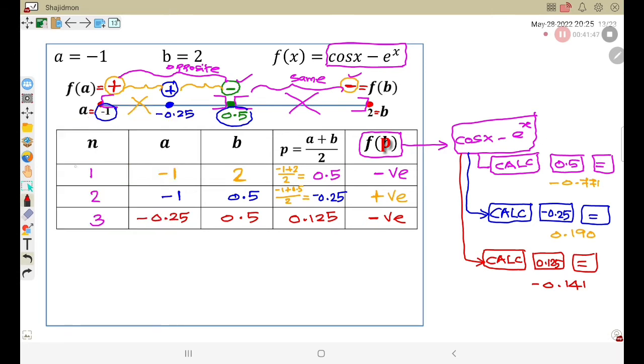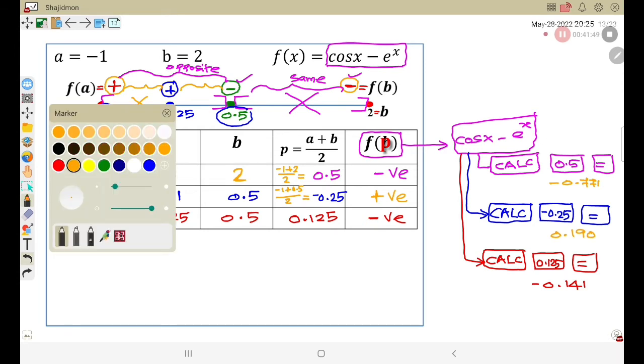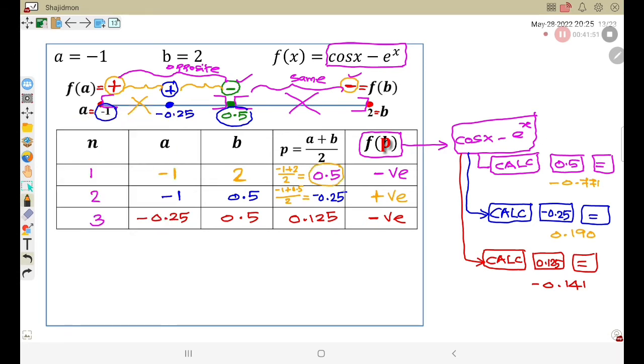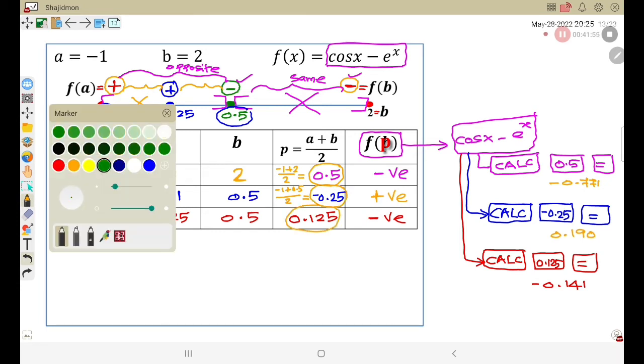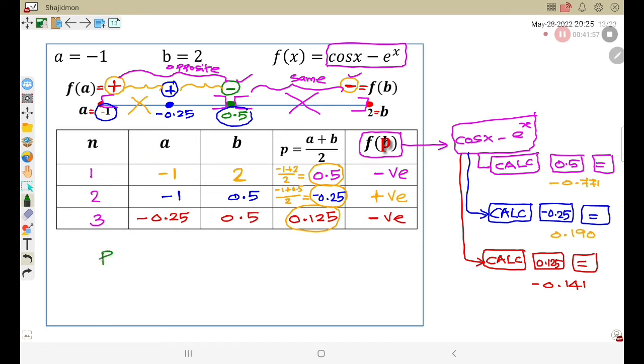So what are the answers we are getting? You can just write, this is the P1 number, P2 number, P3 number in the P column, okay. So P1 I am writing here, P1 equal to 0.5, P2 equal to minus 0.25 and P3 equal to 0.125, okay. The last number, whatever we calculated, this P3, we can take as the approximate solution, P star,